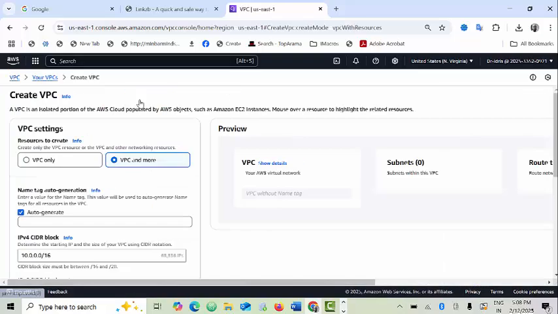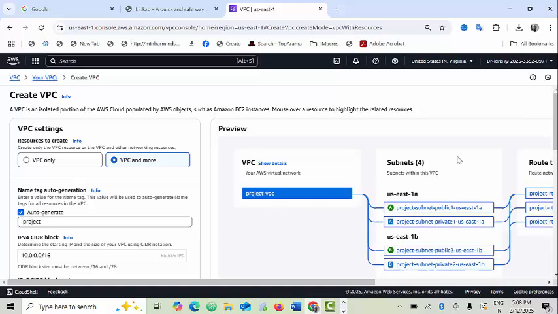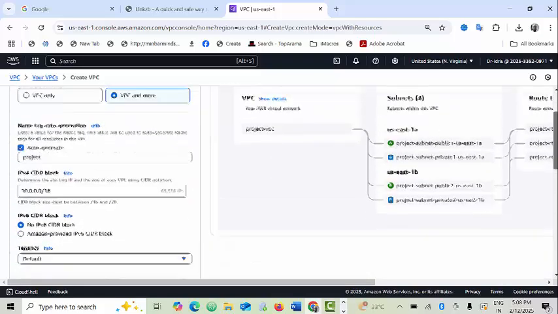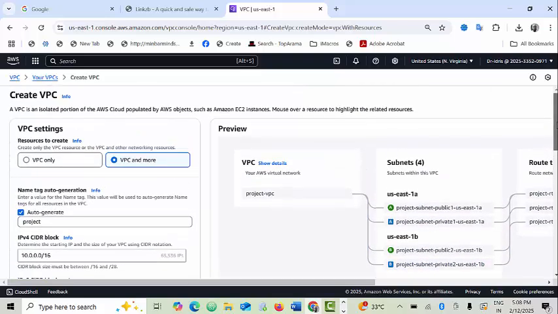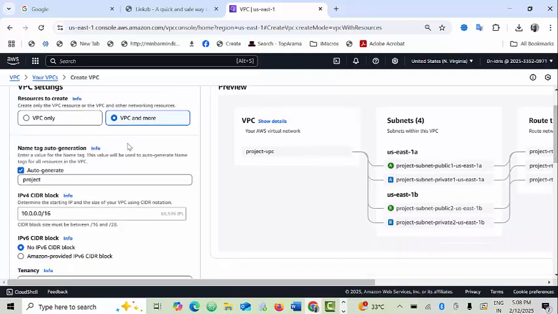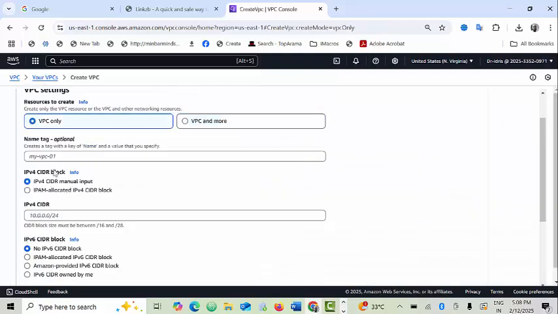We're going to create our own VPC and name it VPC